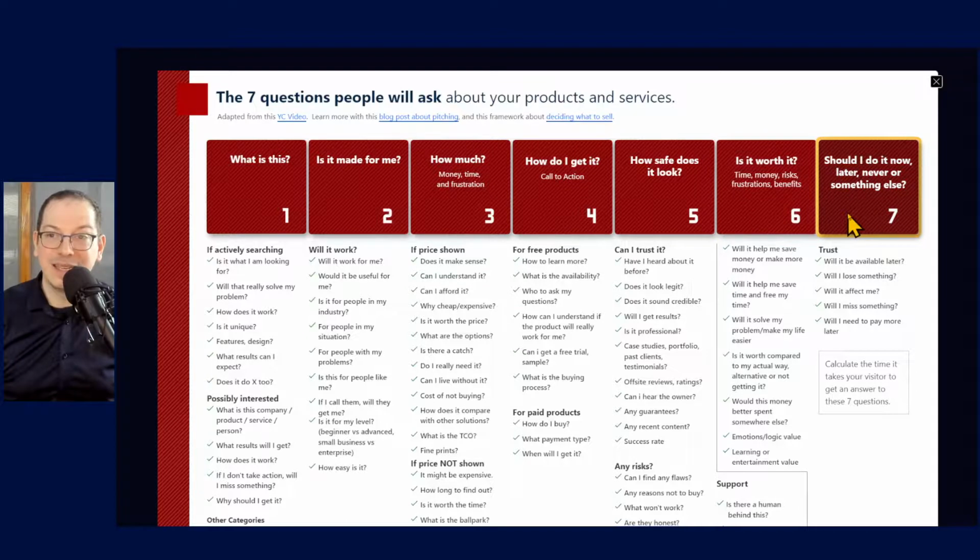And then the last thing is, what should I do? Should I do it now? Should I do it later? If I decide, let's have a look next week, maybe I'll forget about it. Or for me, at this stage, no, I don't really have a need for that. I'm too busy doing some other stuff. And so for me, I'm gonna stay within my current situation, and I'm not gonna buy those or get those